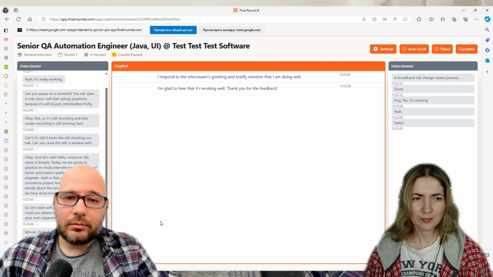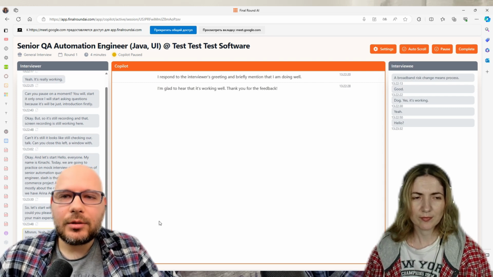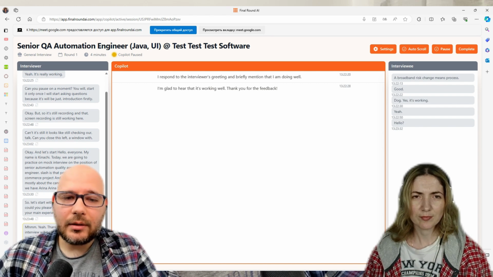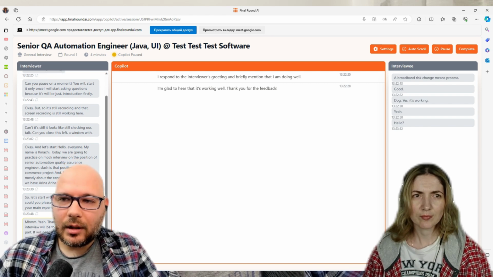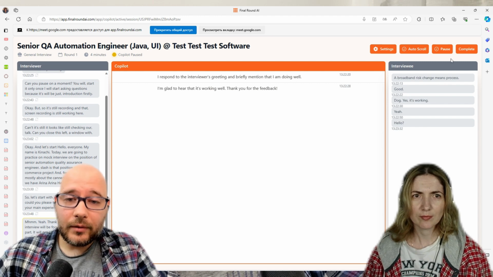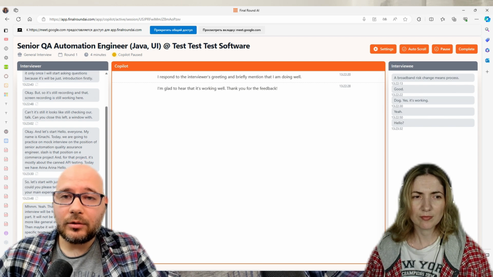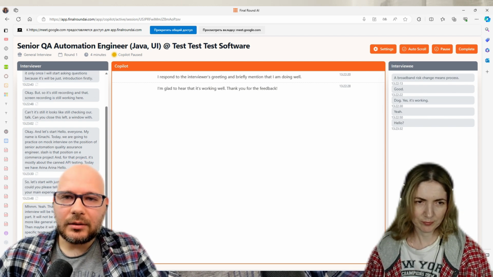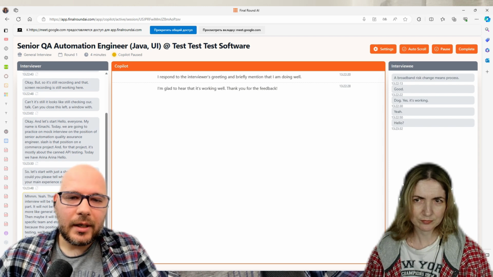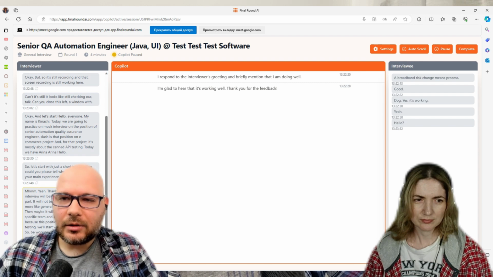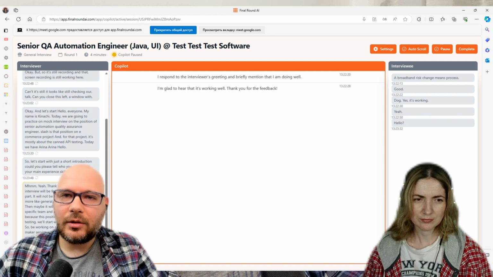So let me start, because this position mostly involves API testing. I will start with your API knowledge. We're working on a project with several microservice applications, etc. Can you please share your theoretical knowledge, and maybe practical, which microservices you worked with, which approaches of testing, maybe you worked with several architecture styles like REST, maybe SOAP, gRPC, etc. Can you tell me more about that?